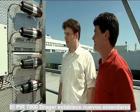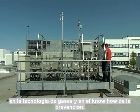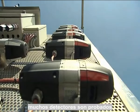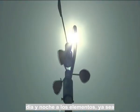The Dräger PIR 7000 sets new standards as regards technology, know-how and reliability. This is also demonstrated by the continuous run test. On the roof of our production building, several detectors are exposed day and night to the elements, through summer and winter alike, for years. One key characteristic of the Dräger PIR 7000 is its